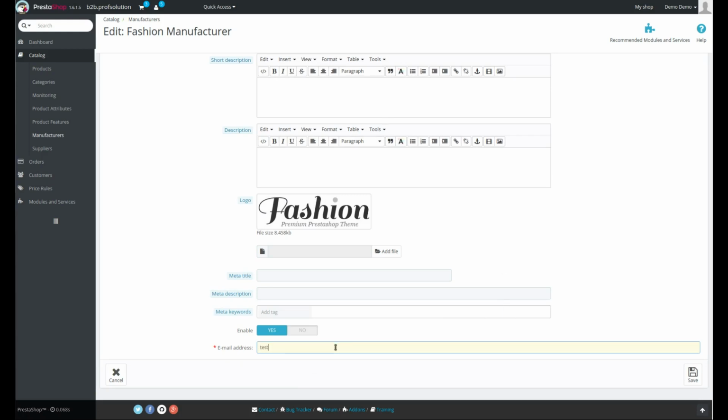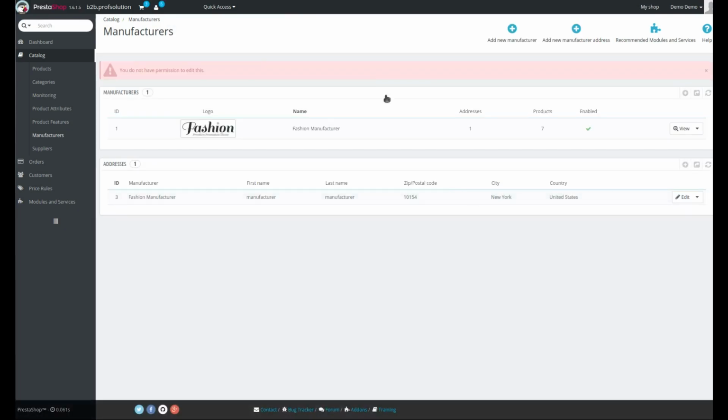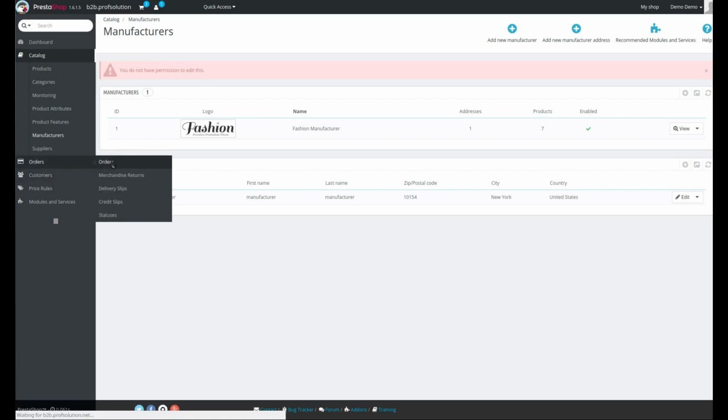So we're just going to go ahead and type in a test at test.com for the purpose, and we'll click save. Now since this is my demo site, I don't actually have permissions to go ahead and save this. But that's where you would enter that information if you're trying to figure out how to do it. So the only consequences, and we go back to our orders screen over here,